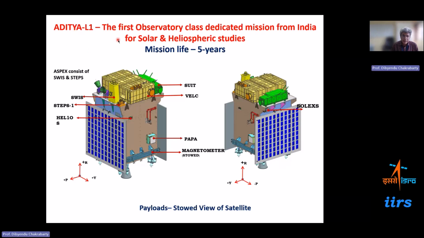Aditya L1 is India's first observatory-class dedicated mission for solar and heliospheric studies. It is a science mission whose objective is to understand the Sun and the solar wind in a much better way, but it will also help formulate some of the space weather forecasting tools in the long run. It is already in the L1 orbit and giving a very good data set on which scientists are working to bring out various aspects of space weather coupling between the Sun and the Earth.